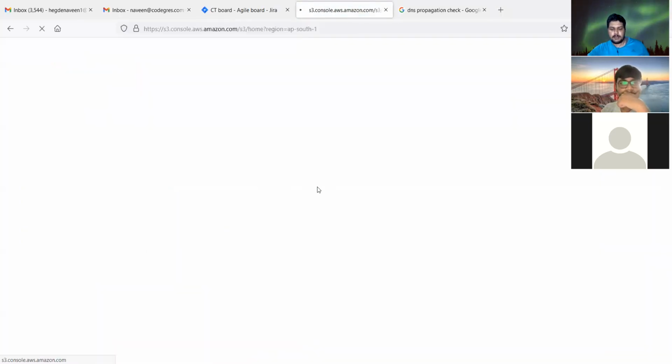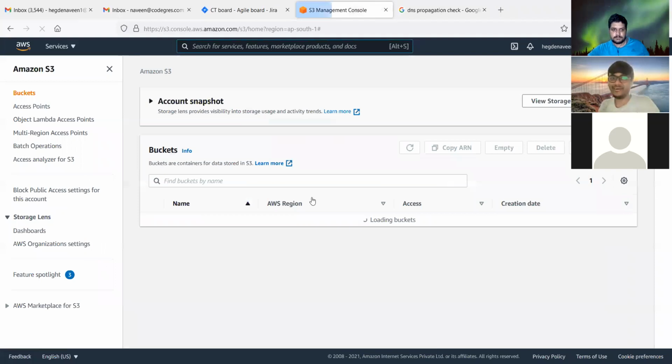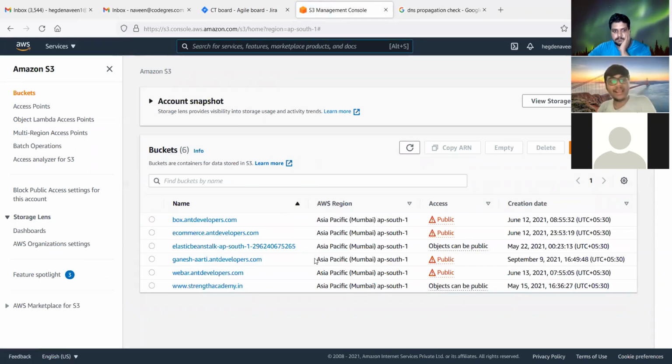I'll go to S3. I'm sure you would have struggled for years before you got all of these things, because I've been trying to navigate through these documents and I was really getting a headache with the documentation. My rant is that they could have given just one example of how to set up these things for a new user. But as you can see, I hosted many static apps here.